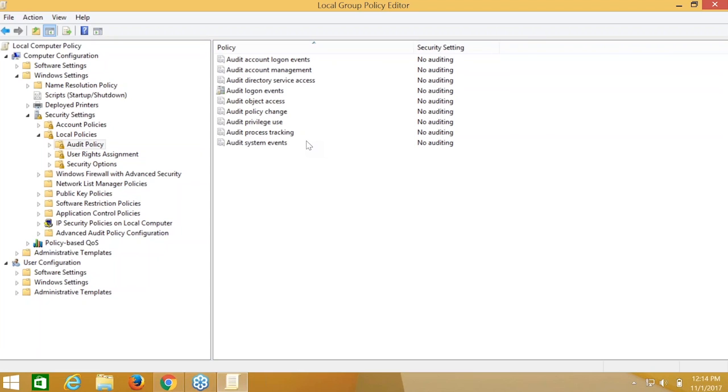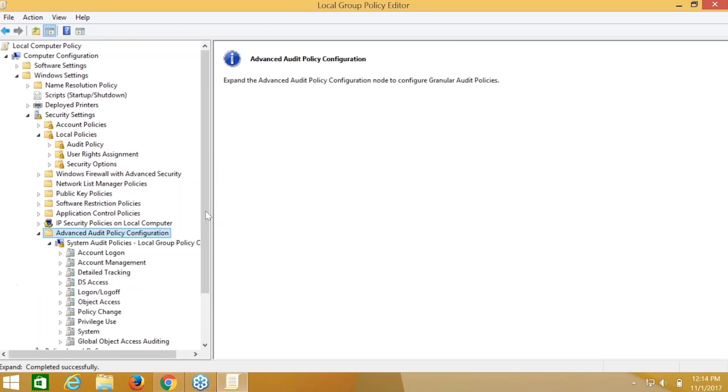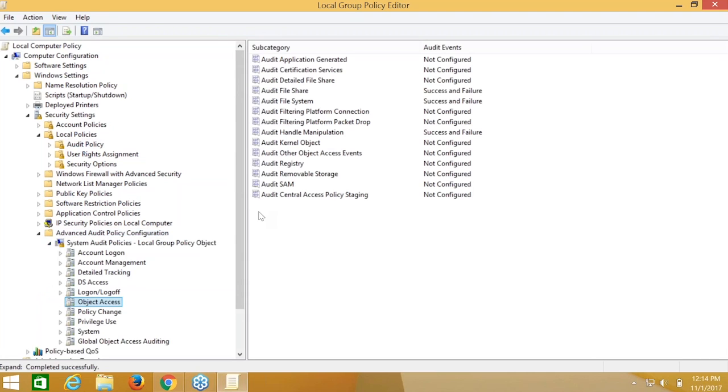So you want to enable auditing only for the events that concern you, which is where in the case of Windows, you have the advanced audit policy configuration, where each of the events that you saw under the audit policy gets broken down into several subcategories. So if you take object access, you've got a bunch of subcategories here, and you can specifically turn on logging only for these events.